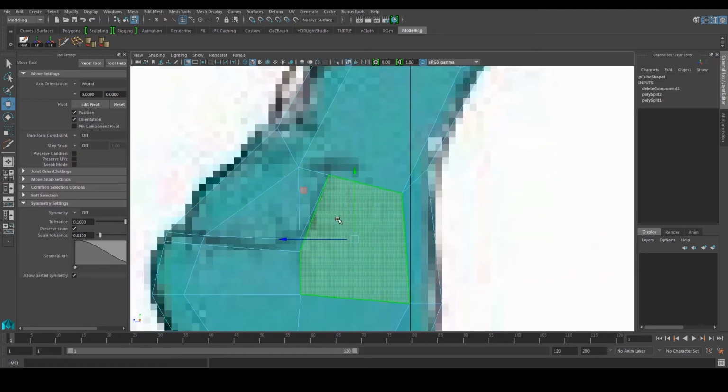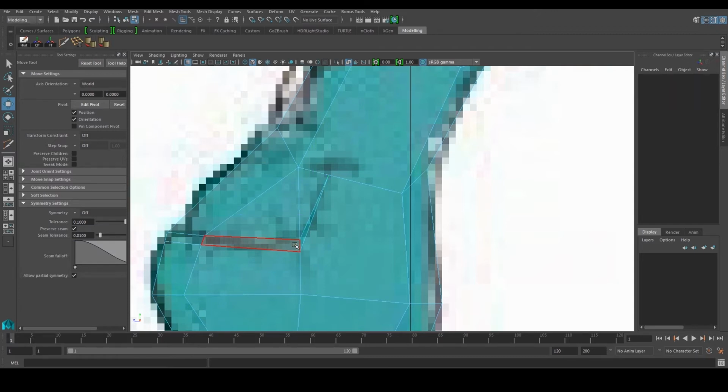Alright, now of course you can see that there's a lot of non-manifold geometry, which means there are faces which have more than 4 sides. Right, here has 5 sides over here. So we're going to start to clean this area up just a bit. Right off the bat, what I'll do is just make sure I'm not distracted.